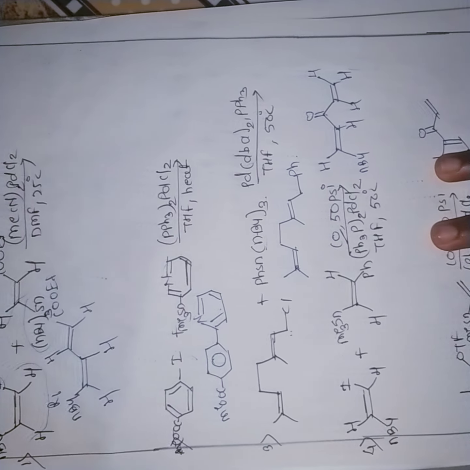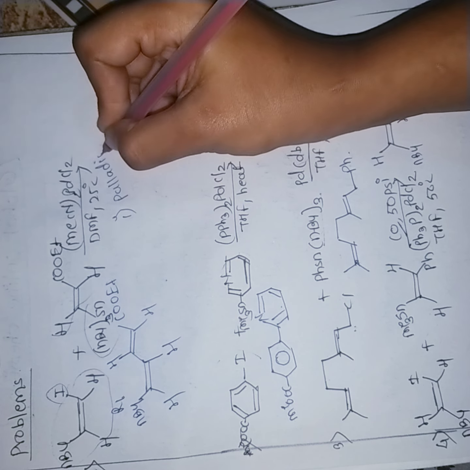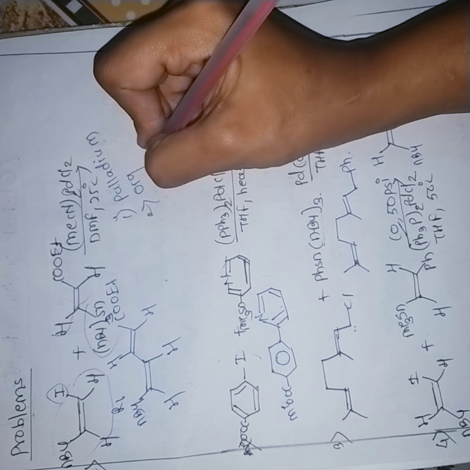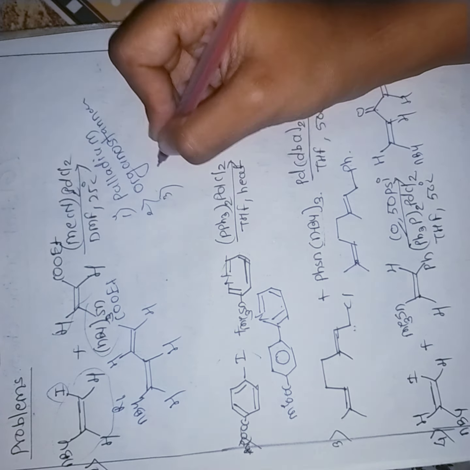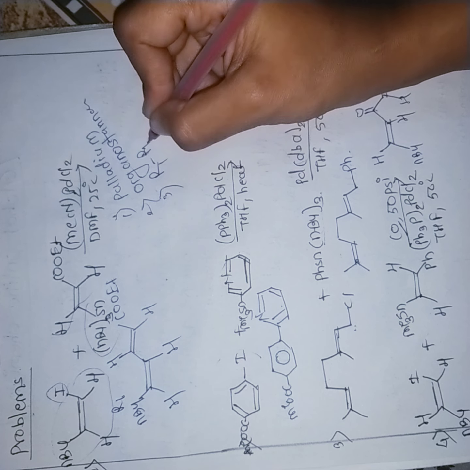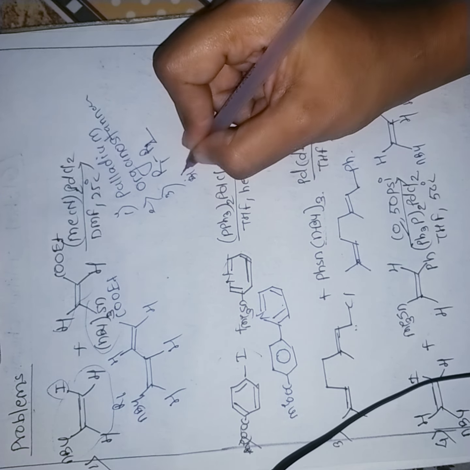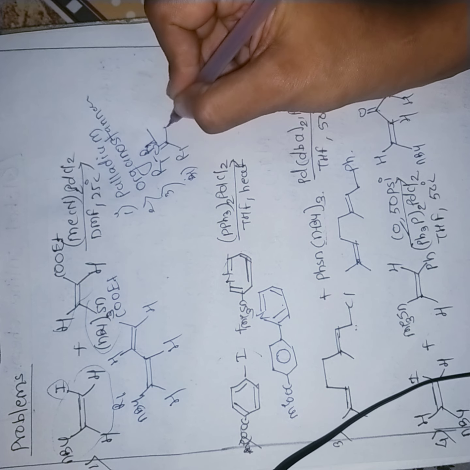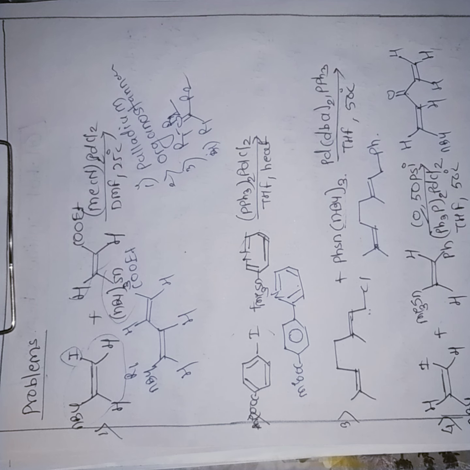Now, in conclusion, we can say that the Stille reaction occurs in presence of palladium as a catalyst. It requires an organostannane compound, and we got R1-R2 as our product. In some questions, a carbonyl group is given, then carbonyl insertion between R1 and R2 group.